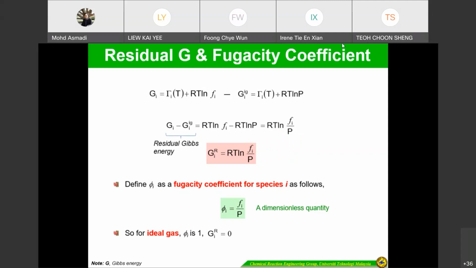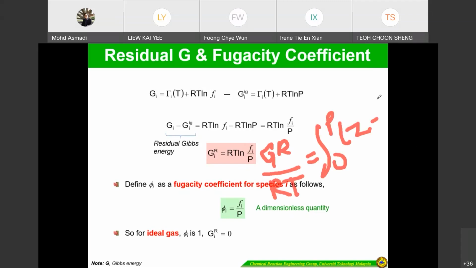If you still remember this equation, G^R/RT = the integral from 0 to P of (Z minus 1) dP/P. This one we have to determine by using a graphical method. So if you rearrange and substitute with the fugacity coefficient,